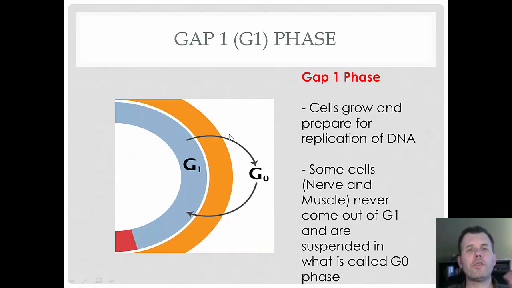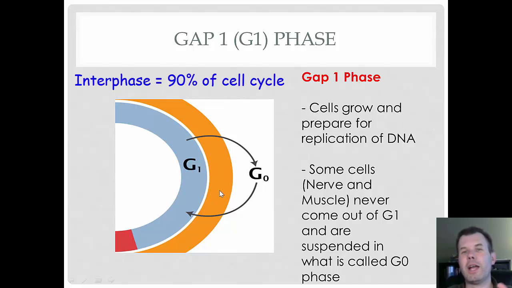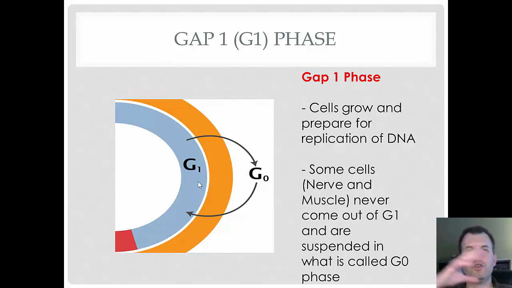All right, so let's look at the cell cycle in more general terms, okay? Or actually more specifically for these different phases. So again, the orange represents interphase, and interphase is about 90% of the time. And if we look at the individual phases of interphase, we have the G1, and G1 is just the growth phase. This is where you start with a small cell and you continue to grow until you get ready to replicate your DNA, and that's what G1 does. It grows the cell until it's ready to replicate its DNA.